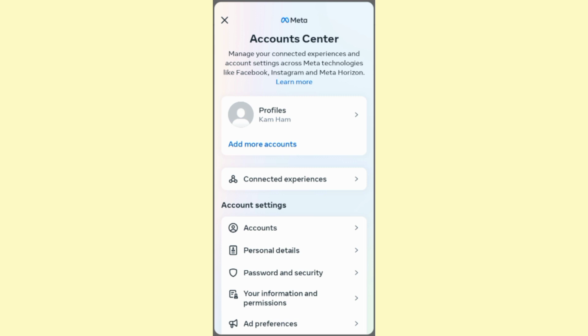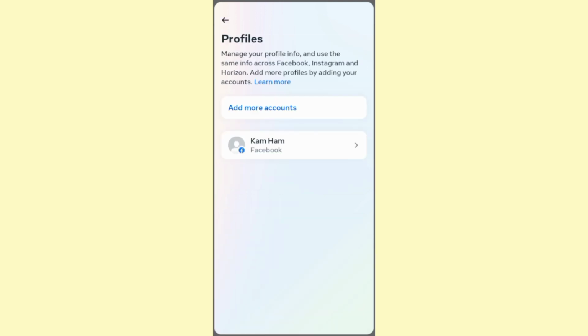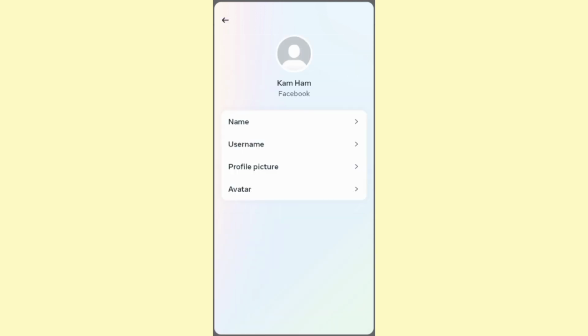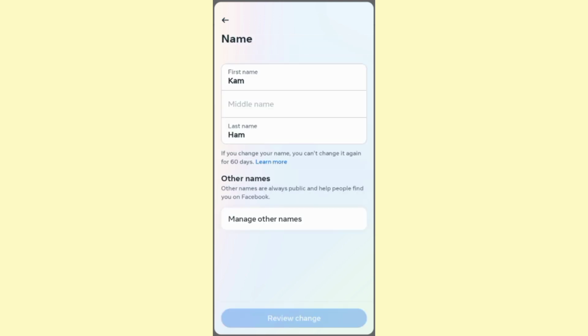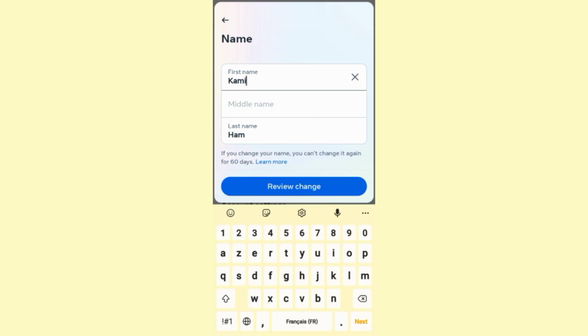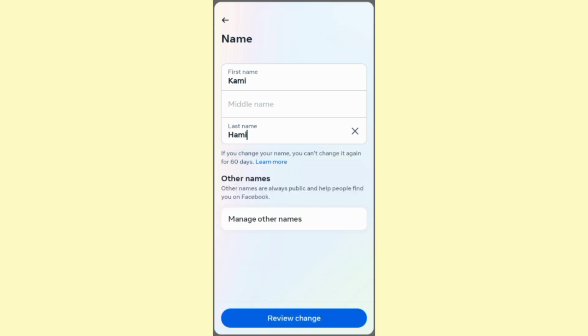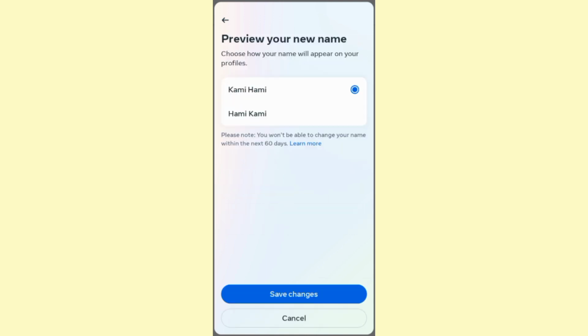Once you do that, you will land on this page right here. And the first section that you see, it says profile. Click on it and then select the profile that you want to change the name of, and here click on name. And on this page right here, you will be able to change your messenger name, starting with the first name. You can add a middle name and a last name, and once you do that, click on review changes,